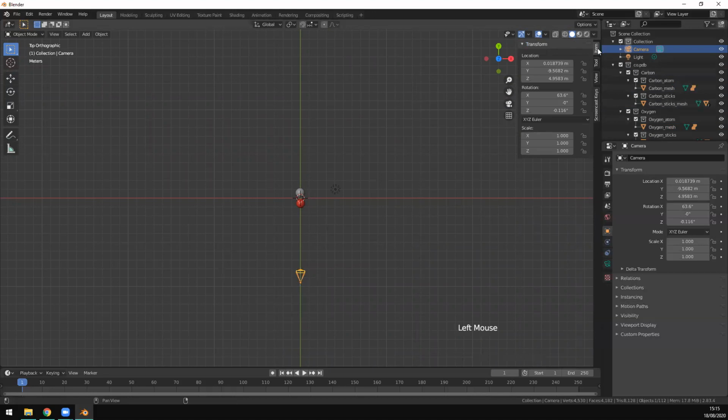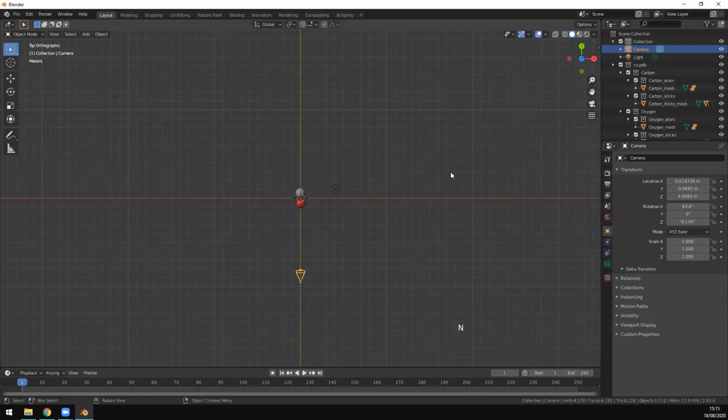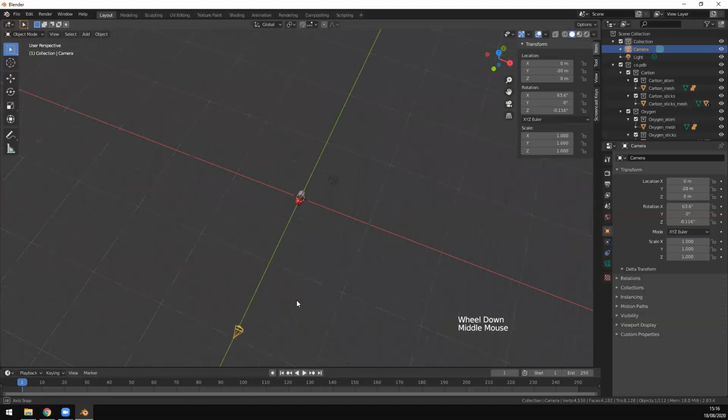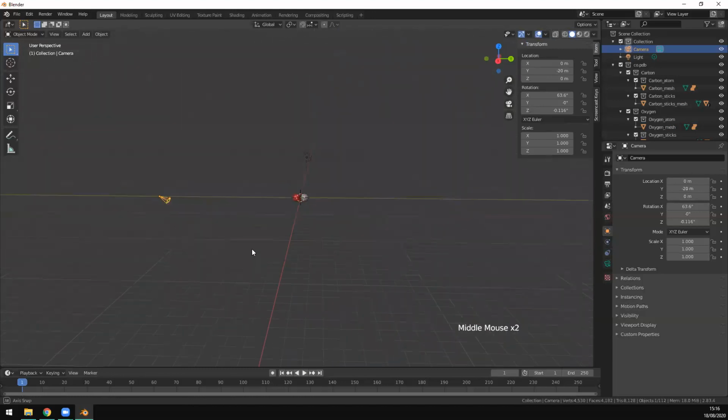Okay, another way to move things around in the scene is to go to this tab here which says Item. This menu here, if it's not on by default, you can press N to switch it on and off. Once you go to Item and you have the camera selected here, you can change properties of the camera, for example, position. Let's put it in 0. Let's put it in -20. Let's call this 0 again. So now we have the camera in a nice position versus the molecule, but let's correct also the rotation. If we say that the rotation versus x-axis is 90 and the rest is 0, this should be perfectly aligned with our